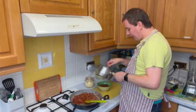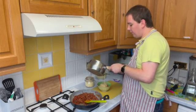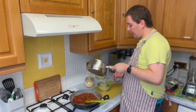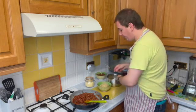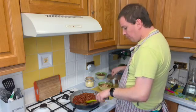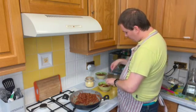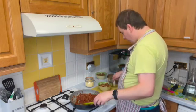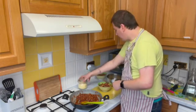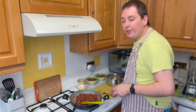Just going to put some more pasta in. And then, I don't know what you guys have, but I always have grated cheese. As for Parma cheese, I don't have it often, unless I'm out at a restaurant. I'm just going to put these two together over here. Now, if I do any more...